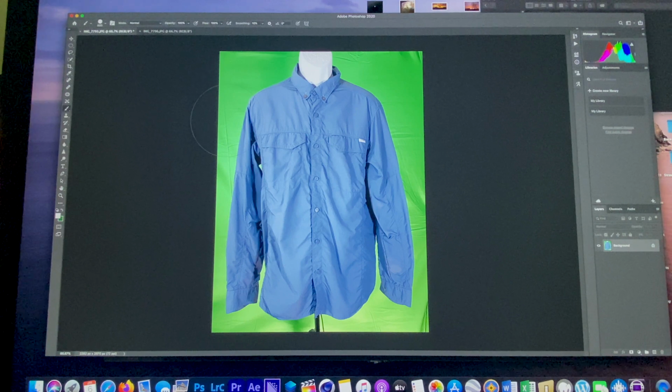So to do that, you want to hit W on the keyboard. That's going to bring up your selecting. And then you want to hit Command Control A, which is going to select everything. And then you're going to hold down the Option key, and you're just going to drag down and go around the shirt. See how it's just sticking to the outside of the shirt? And there you go. The whole outside of the shirt is